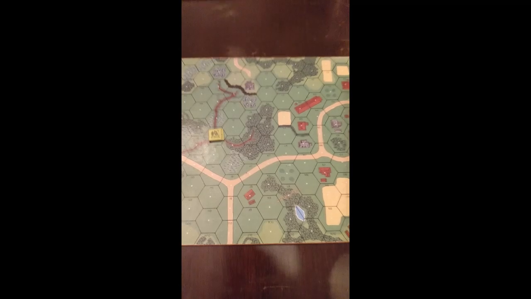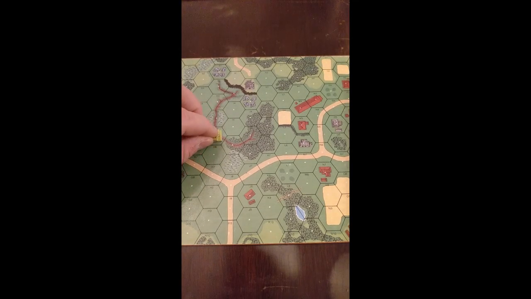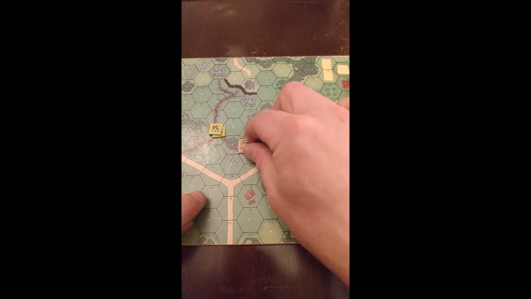Okay, so we're going to return to where we were in the gully of hex H5. It's a fairly complicated hex here with a branching gully. And the idea is that you can not only be in the gully, which we are now, or you can also be in the higher elevation in some portions of that hex by using what's called a crest marker, a crest counter. This crest counter can be aligned.